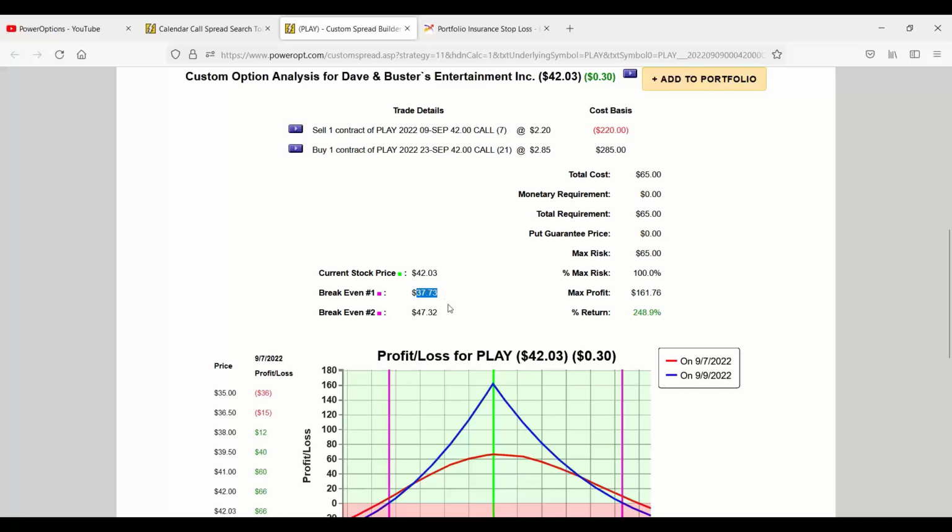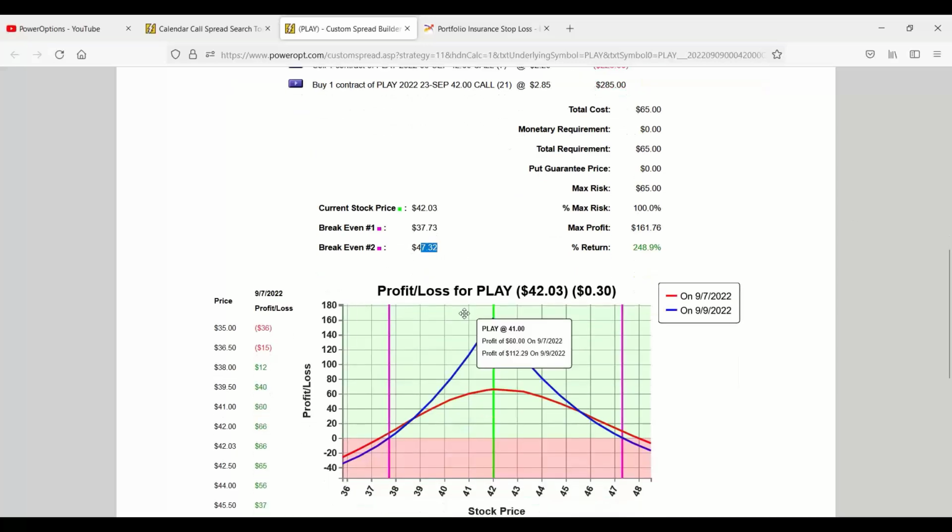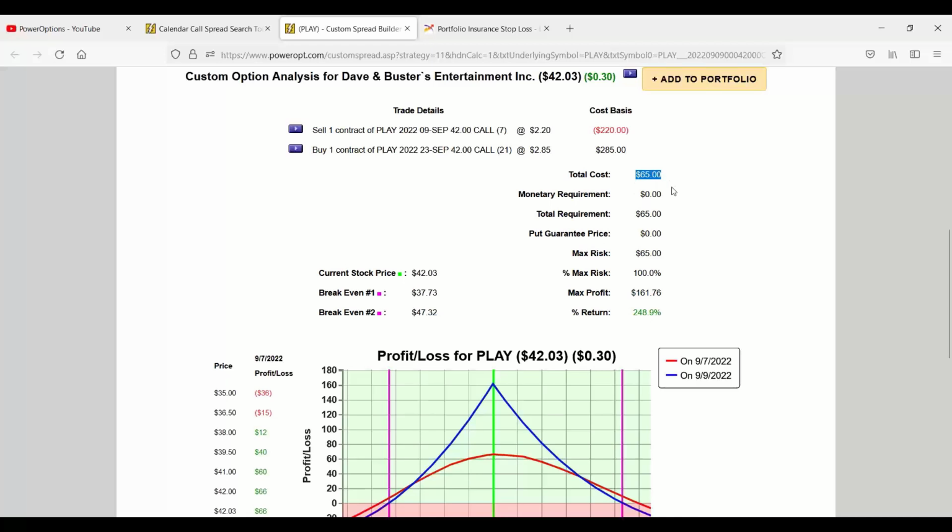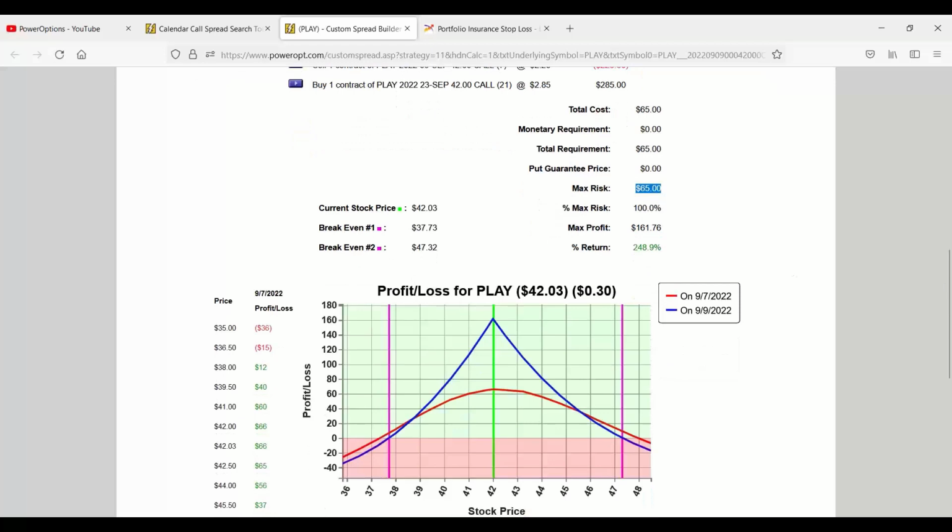So, 5 points down, 37.73. Okay, $4.30 down, break even with the current implied volatility on this position. So we're looking at 10%, right? Up to the top side, 5 points to the upper break even, 10%. Getting in at the midpoint here, this one was 65. I know AEO is at 15 cents there, but here it's at 65 with the 42 strikes, and you've got a 10% upper and lower break even as opposed to the 2 and 6% that we saw with